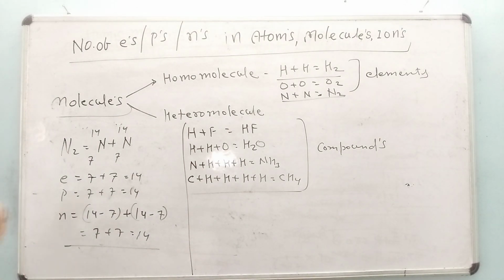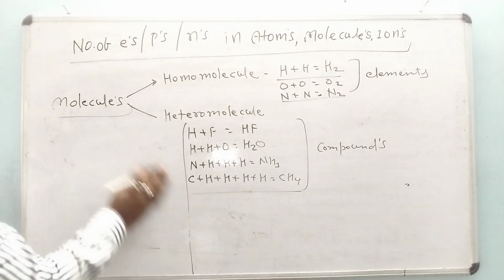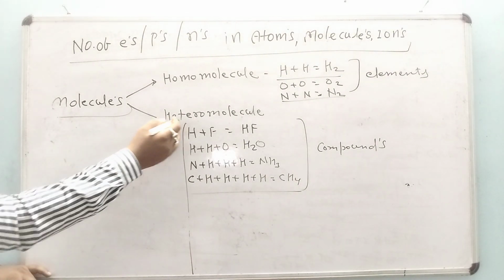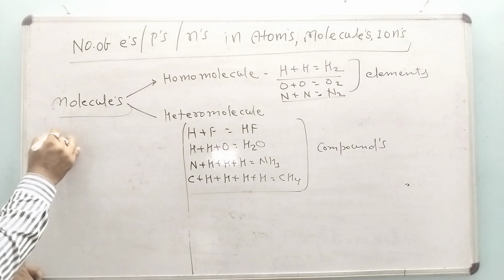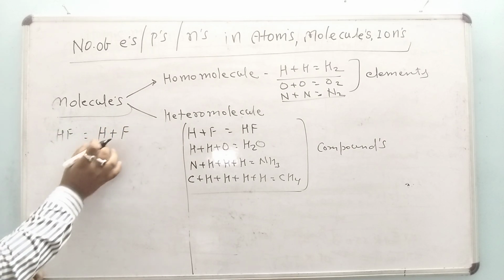So this is the explanation of homomolecules, and with the help of this explanation we can find electrons, protons and neutrons in homomolecules. After that we will discuss how we can find electrons, protons and neutrons in the case of heteromolecules. In case of heteromolecules, take the HF molecule, formed by the combination of hydrogen and